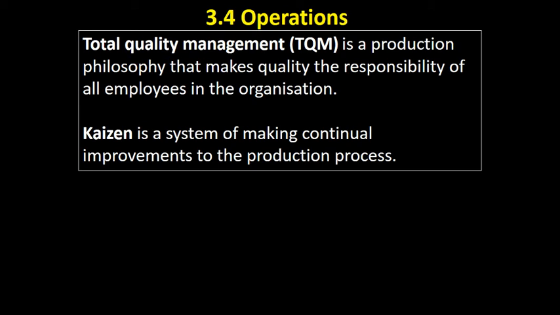It makes quality the responsibility of all employees, and we go to the extent of seeing the next process in the production line as customers. So the next stage in the production line, okay, they might be a colleague, but they are also my customers, and I need to go out of my way to satisfy them that the product that I give them on the production line is fully up to standard. Organisations that follow a total quality management system therefore should be providing a really high quality product because everyone is concerned about making sure that the product is up to scratch.